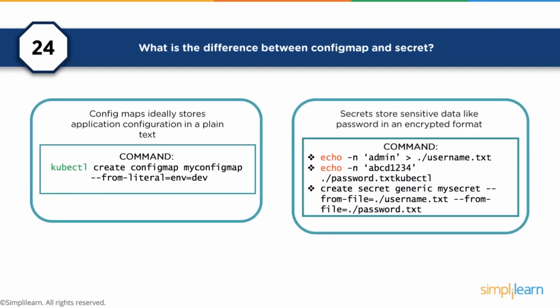So what is the difference between a config map and a secret? And these are more fundamental. A config map just has the instructions that are clearly available in plain text on what the kube is supposed to do, whereas the secrets are actually encrypted, and these are like passwords and other sensitive data that you don't want to have easily available. These are encrypted information that have to be decrypted to access the content.